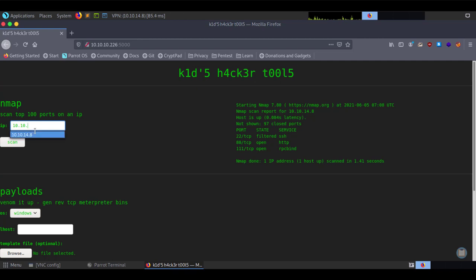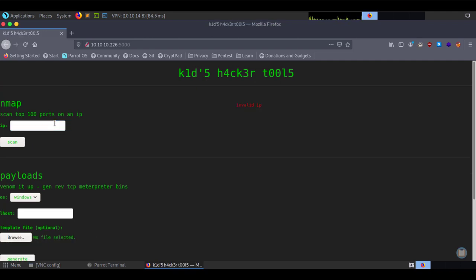10.14.8, and then there's a couple different ways you can do it. Let's do a semicolon, and then we'll just say ls, so list. It's going to come back and say invalid IP. I'll show you in a little bit that there's actually some checking going on in the background, and one of them is to just regex search, make sure that the IP is an IP and fits